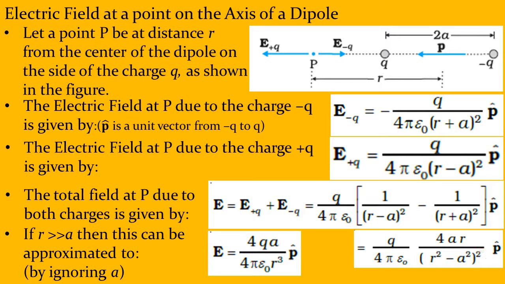And what do I have? What do I have here? I simply have 4Qa divided by 4 pi epsilon naught r cube. Look here, r square raised to square is r to the power 4, and we have an r in the numerator. So that cancels out and I am left with r cube. And again, don't forget p hat, the direction vector. And in which direction is this force acting? Net force or the net electric field? In the direction towards left from P.